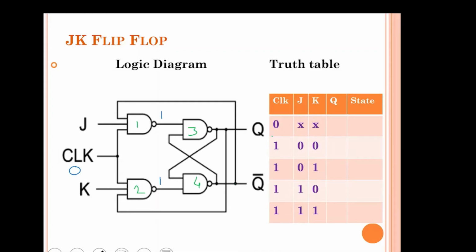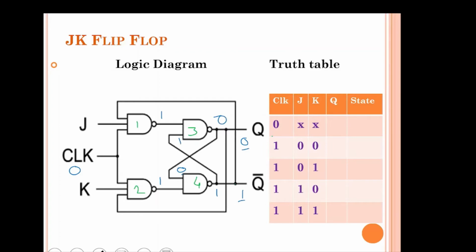Now let us assume that the previous state is 0, 1. So this 0 goes here, 0 and 1 is 1. Then this 1 goes here and this 1 and 1 is 0. So you can see that if the previous state is 0, 1, then it will remain in the same state,